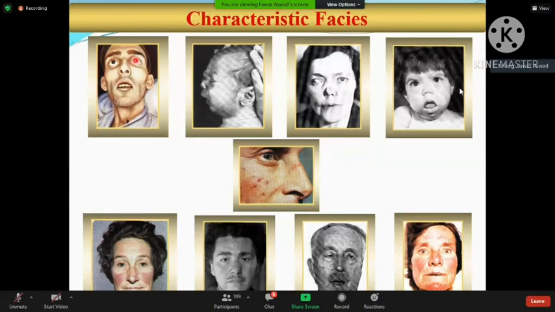Then, first of all, the characteristic features of the face, examination of the eye, examination of the lip, the presence of abnormality of the face that is going to be noticed, spider nevi, presence of the malar face or red erythematous area on the face.